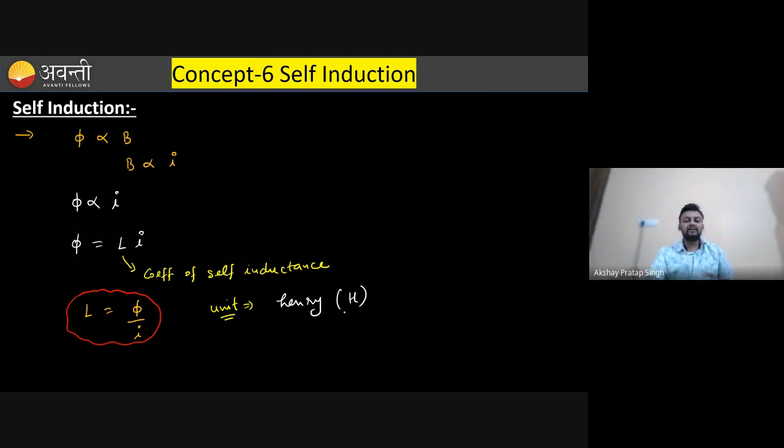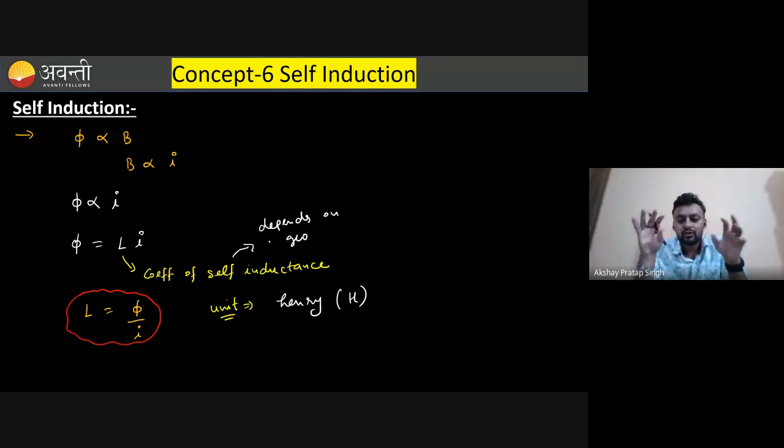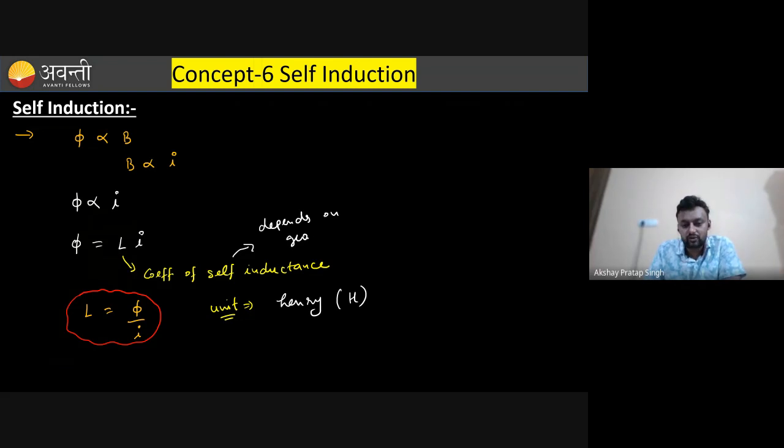And this self-inductance is a quantity which depends on the geometry of the body or the geometry of the coil. Try to remember this again: it depends on geometry. What is the meaning of geometry? Suppose I am talking about a solenoid. What is the geometry in that solenoid? What is its area of cross section? What is its length? How many turns are there? So these are the geometry of the coil. So it depends on the geometry